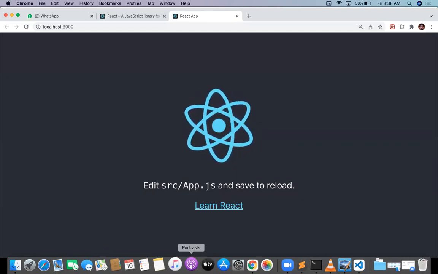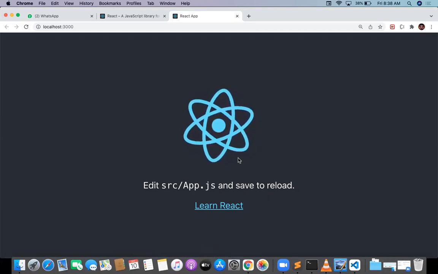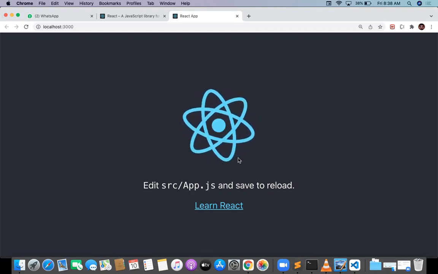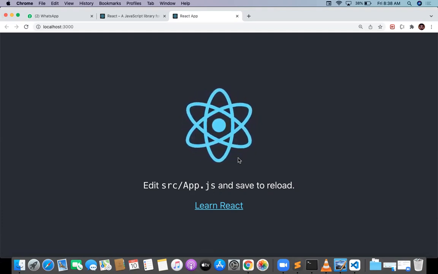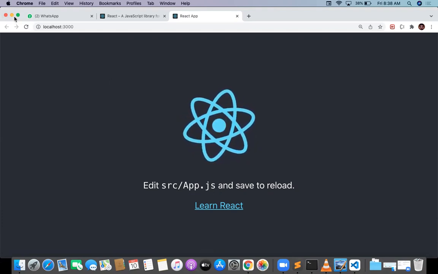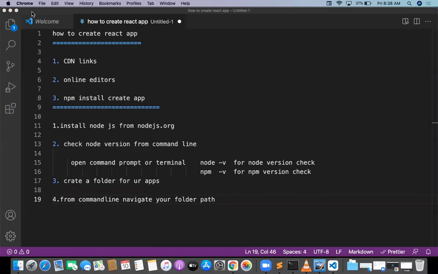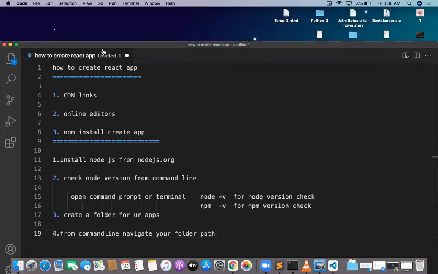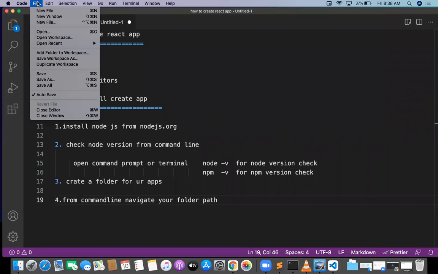So this is what actually the project is. This is the basic output of the first React app. So till this you have to do. This is the first success for the React developers. What is that? Creating the project. Once we are done with the project, we just bring it down and go to the folder. Open the folder into Visual Studio Code. How to open the folder into Visual Studio Code?